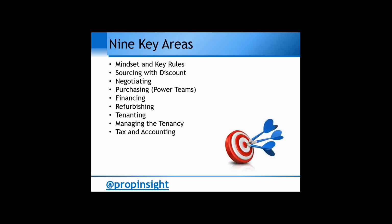Refurbishment is the 6th skill for me out of 9. Now, is refurbishment important? It really, really is. Is managing the tenancy important? It really, really is. But nowhere near as important, in my opinion, as the ones that are higher up in